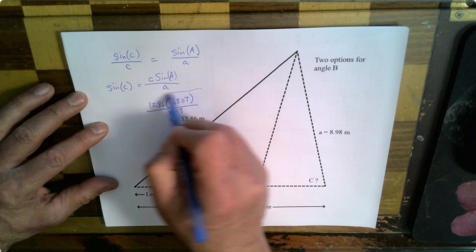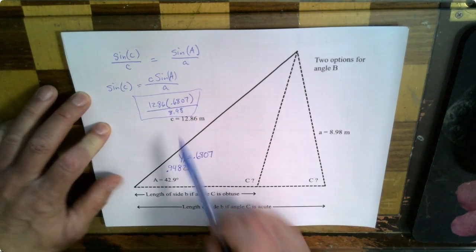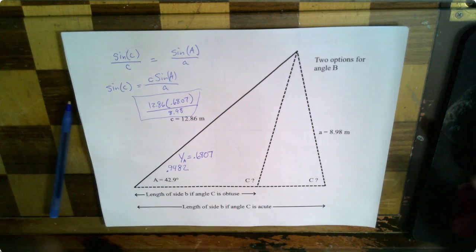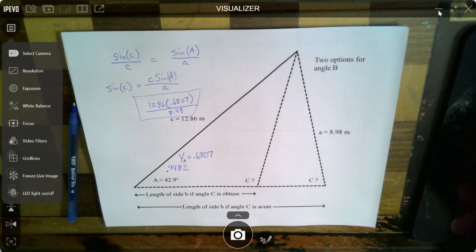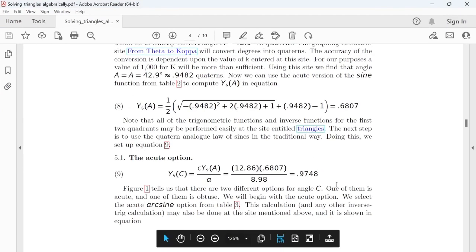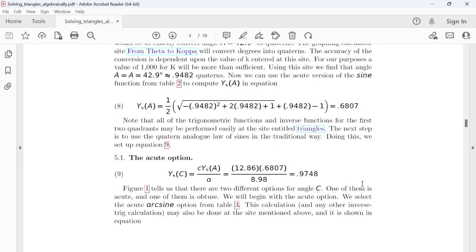Okay, so if we do this calculation, then we will know what the sine ratio for C is. And this calculation has already been done here. Okay, and so we find that the sine ratio for C is 0.9748. Now, notice that for the sine ratio for C, since that number is less than 2, that means that